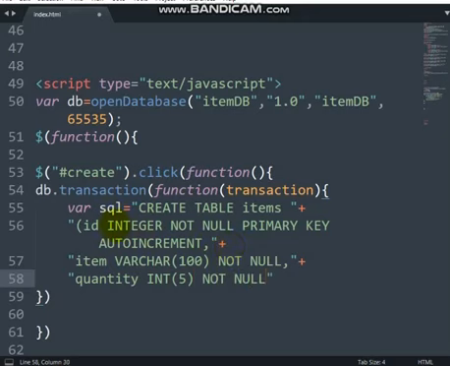And mind you, all these keywords I'm writing in capital letters, I can still write them in small letters. Yeah, it will work because SQL is case insensitive. So not null. That is the end of my table. So after this, you come down, write transaction dot execute